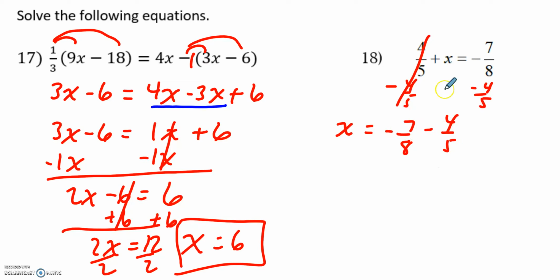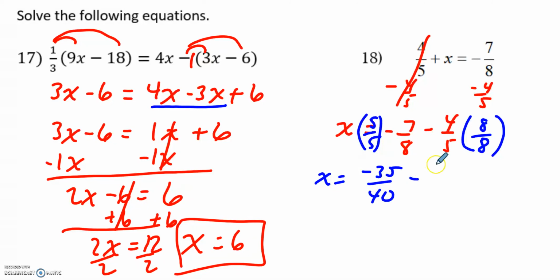And if I'm adding or subtracting fractions, I need a common denominator. So my first number that 8 and 5 go into is 40. So this fraction has the denominator of 5, and it needs the 8, so we multiply by 8 over 8. This fraction has the 8, so we need the 5. So we'd have x equals negative